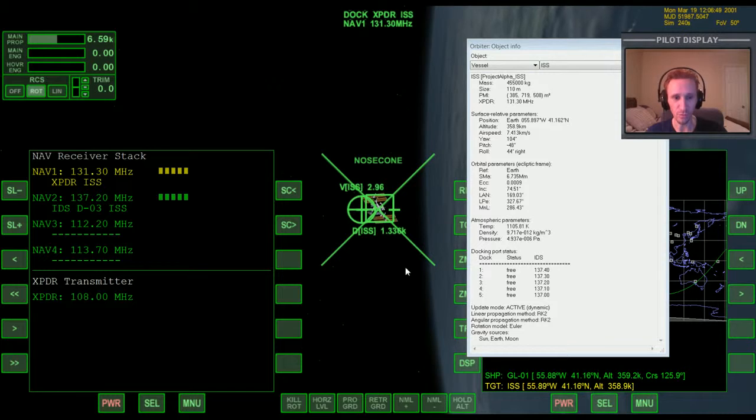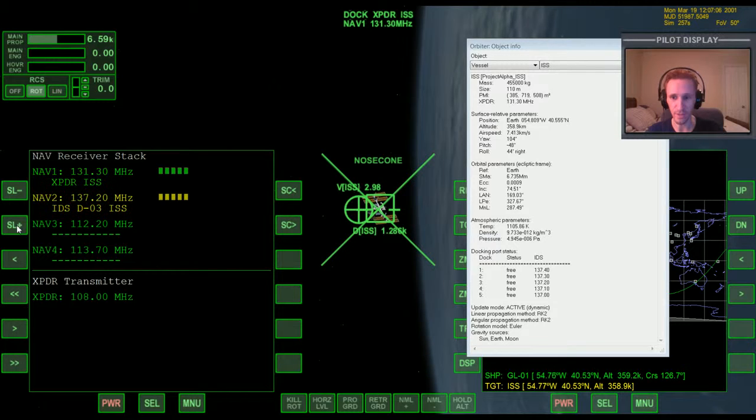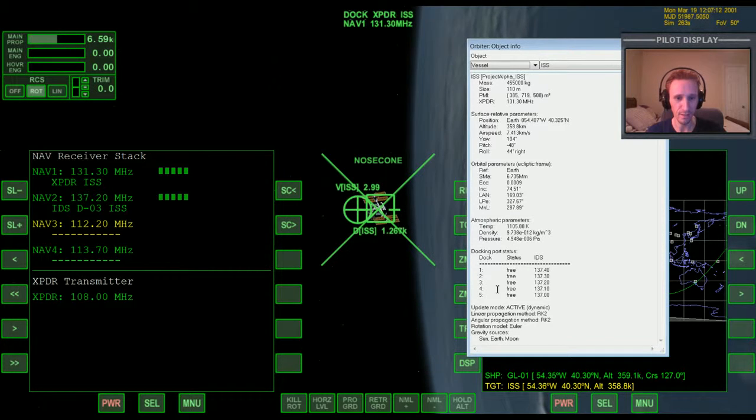What you can do is you can actually just go through these navs and set to all the different docking collars. Well, you can set up to 4 of them. Obviously, one of them can't be set. So if we want, we've already got number 3 set, but if we wanted to, we could go to the 3rd navigation, and we could set the 3rd navigation to, say, docking collar number 4,